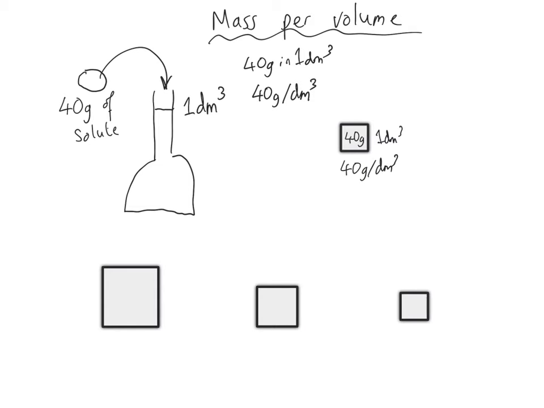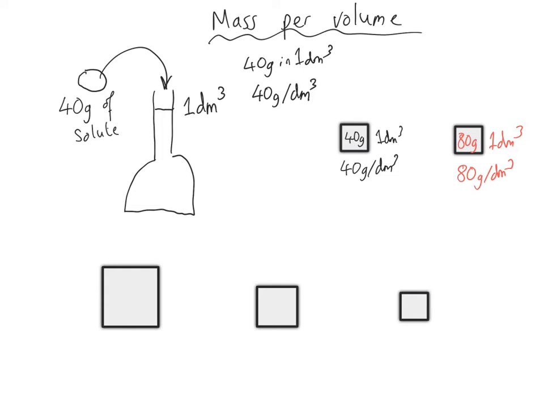If we took that same volume, and this time we didn't put 40 grams in, we put 80 grams in instead, that same 1 decimeter cubed, this wouldn't be 40 grams per decimeter cubed, this would now be 80 grams per decimeter cubed. And if we just have a look at these 3 different sized shapes that I've prepared